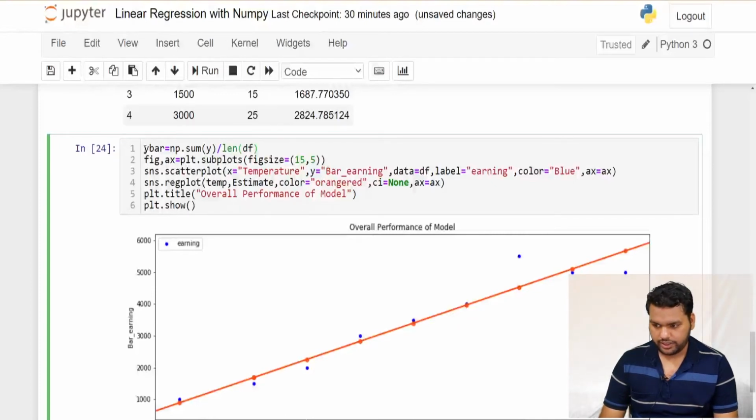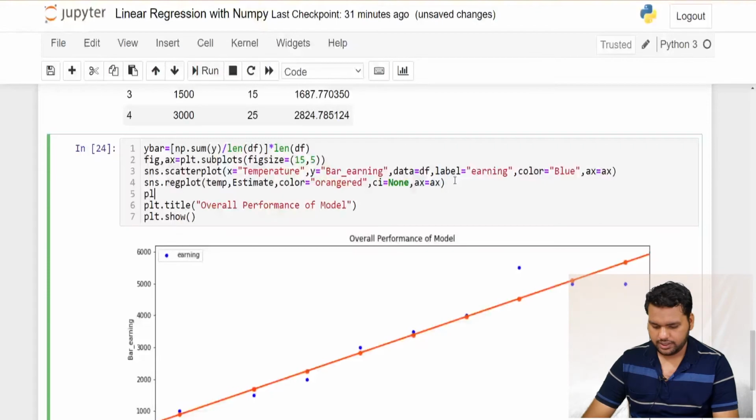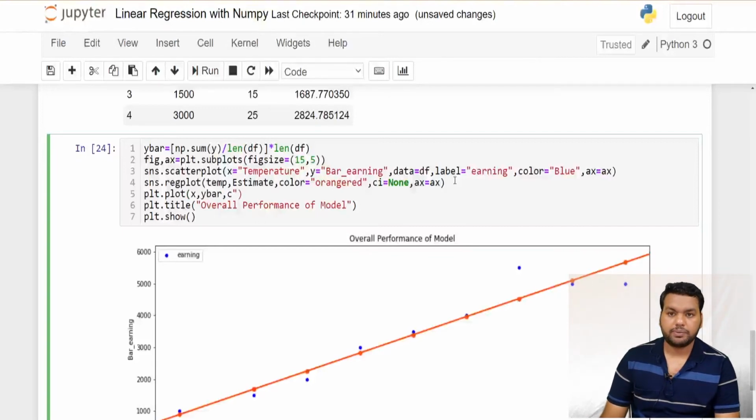Okay, and you can multiply again with the length of df, so you can see the value here. Then we can use plt.plot, a simple line for y bar. And for the color in plt.plot, in matplotlib, we give the color with the help of c.